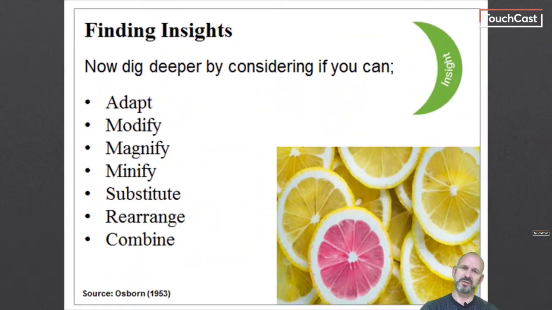So to develop your idea, you need to consider the following questions. What could exist that does not exist now? What could happen that does not happen now? What accomplishments could be made that weren't before? And what patterns of behaviour could be changed? Now, Osborne in 1953 developed a checklist designed to help with the development of ideas, and these approaches are still just as relevant today as they were then, as we're about to see.